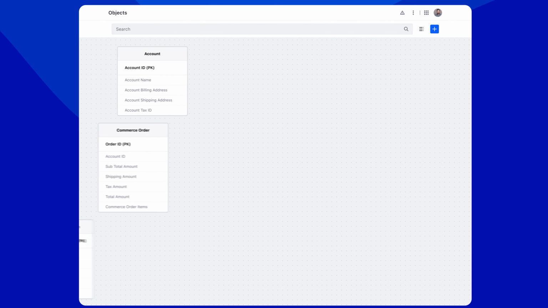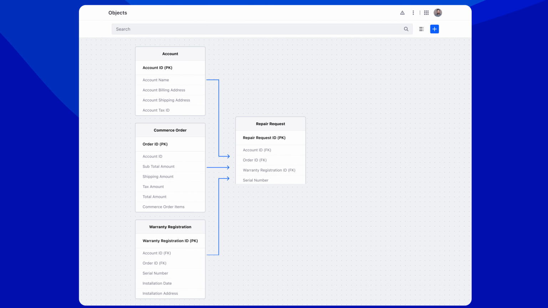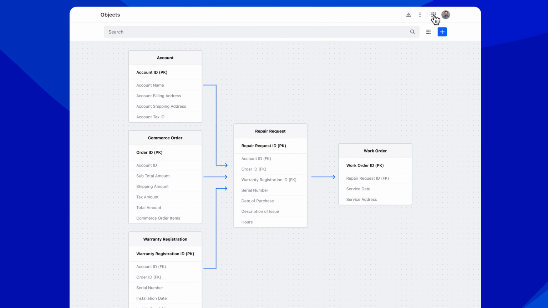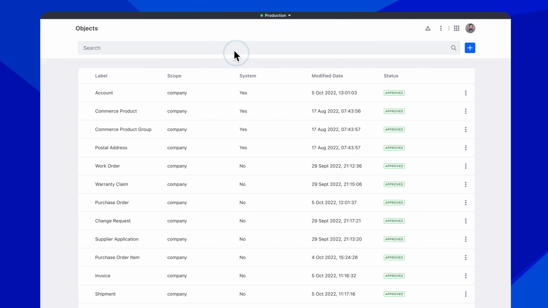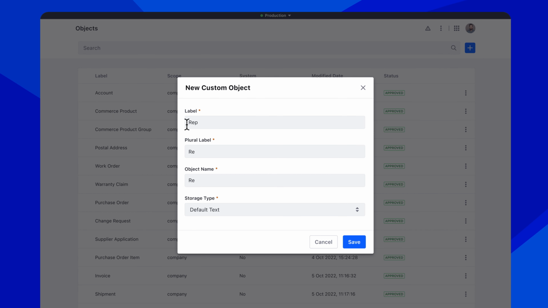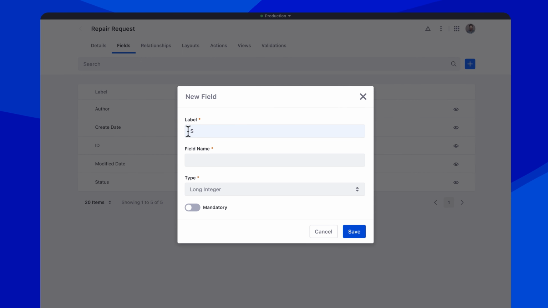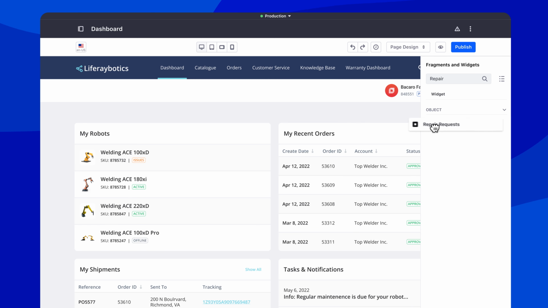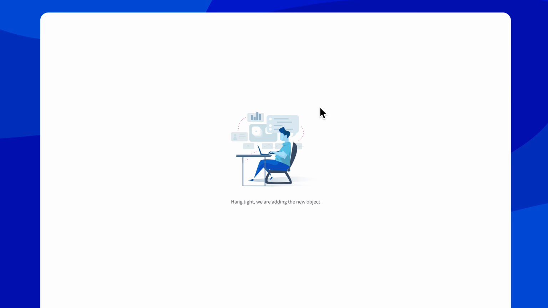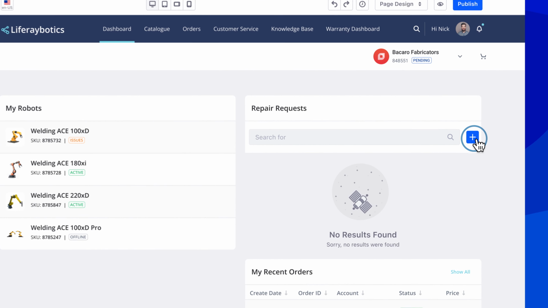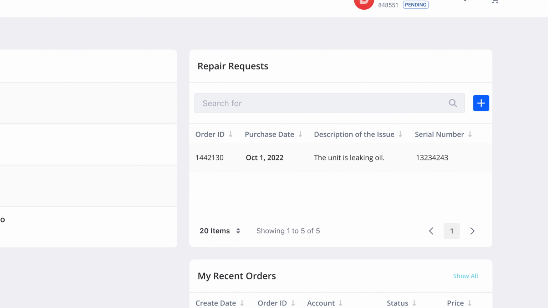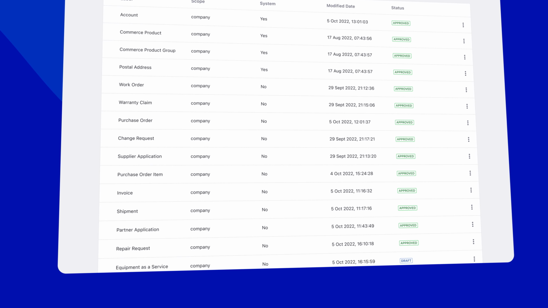For example, by allowing users to define data fields, manage relationships with other objects, and then design layouts to determine how fields and relationships are displayed, creating a repair request application for your customers can be accomplished in a few easy steps. Just create a new object, add fields like serial number, date of purchase, and a description of the issue, and configure where to show future repair request objects. Once a request has been submitted, a new item will be created in a predefined list, ready to be processed by your support team. Liferay Objects also enables more complex business models.